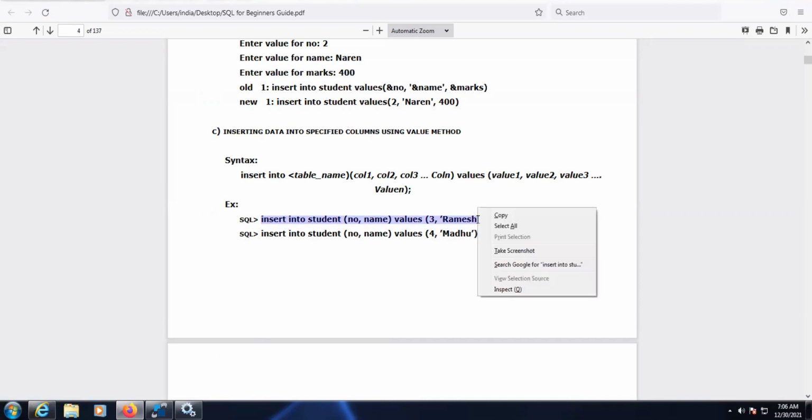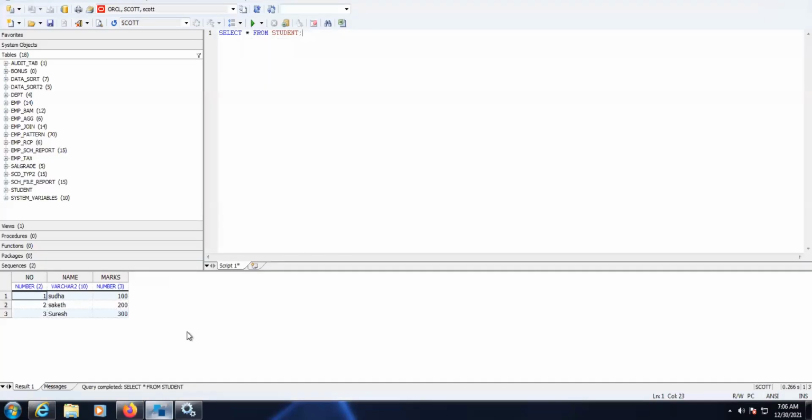Copy this and paste it in the SQL DBX. I am using SQL DBX. You can install any SQL developer, or you can install any MySQL, or any tool that supports almost the same features. Okay, so here I will change the value. Since 4 is not there, it should be 4, and single quotes need to be changed, Ramesh. Now I will insert the data.